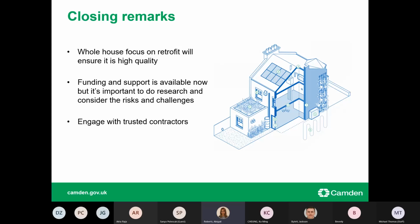So I think just echoing the points that both Akta and Sanya have made, this whole house focus on retrofit is a really important aspect of the design, and ensuring that the retrofit that's completed is high quality. There is funding and support out there that's available, lots of different funding pots. It's just seeing how they all fit together, and it's really important to do, as you would with anything, due diligence, research, considering the risks and challenges that you may find with those, and also engaging with trusted contractors, ensuring that it's someone that's certified and trusted, and has gone through those rigorous